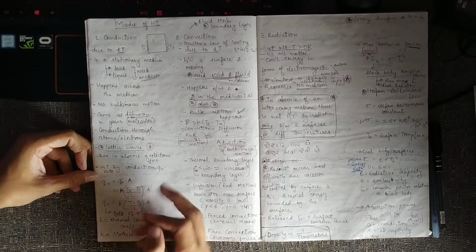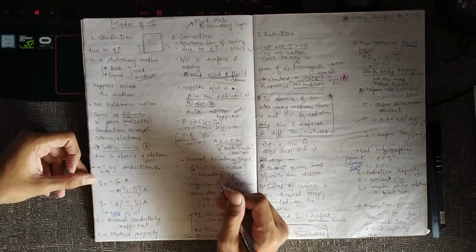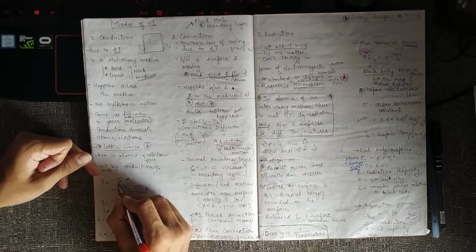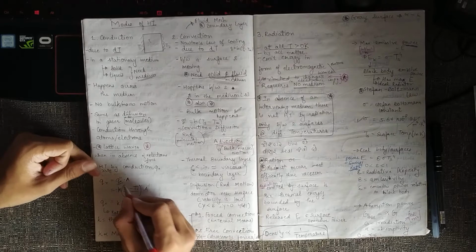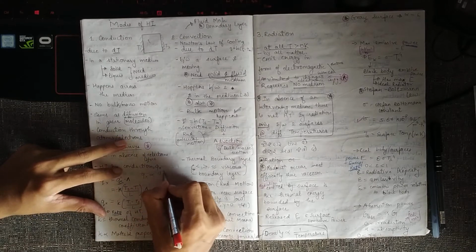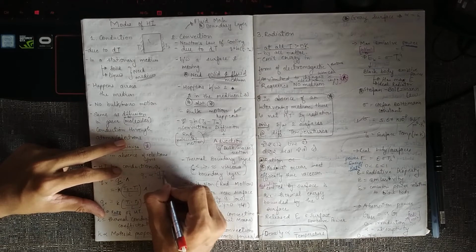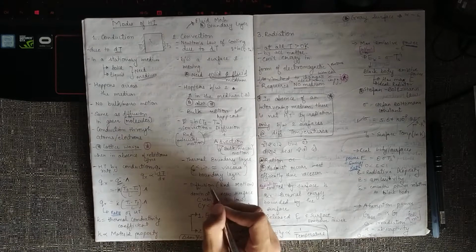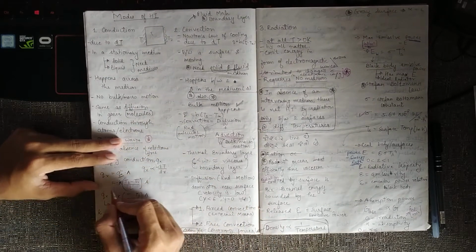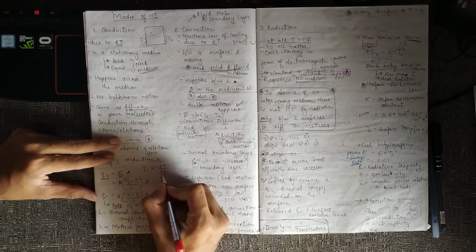So the basic law for heat transfer is Fourier's law, which states that the conduction heat flux is directly proportional to the negative of the temperature gradient, because this temperature gradient is negative. So that's what, and this is the total heat rate, and this is the flux. So flux is